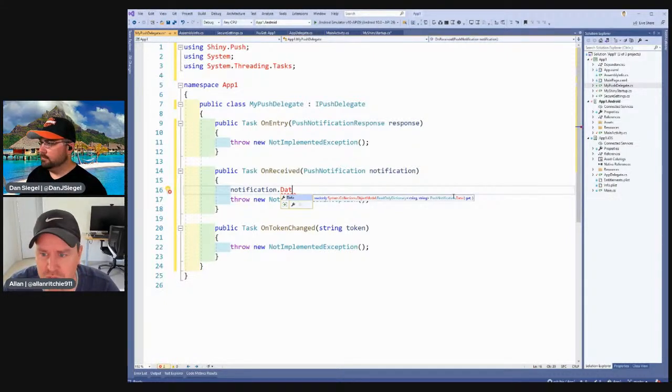Whatever you want to do here, whatever data you push, the sky's the limit, right? You can send home an acknowledgement: I received message 1, 2, 3. Maybe I want to send some sort of custom notification. Who knows? Really, whatever you want to do here, this is where your app is going to be kicked to